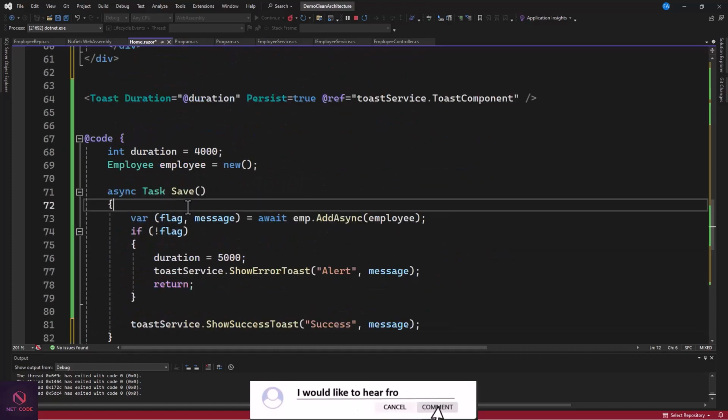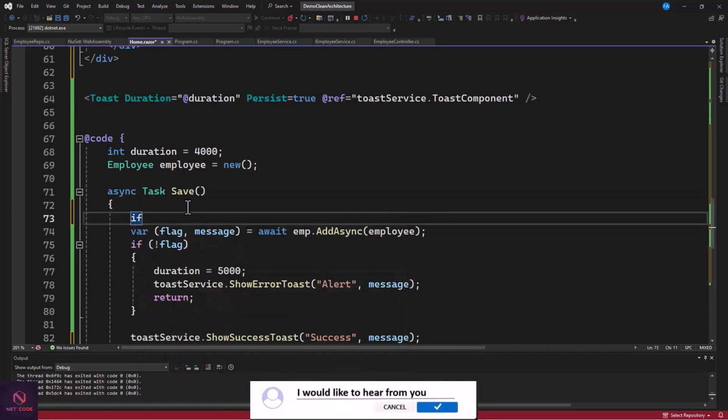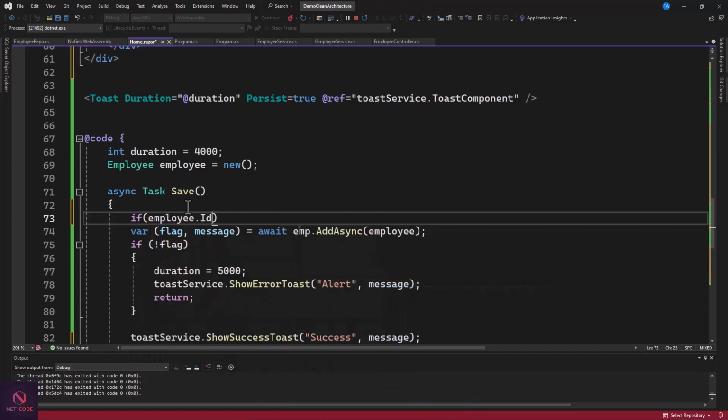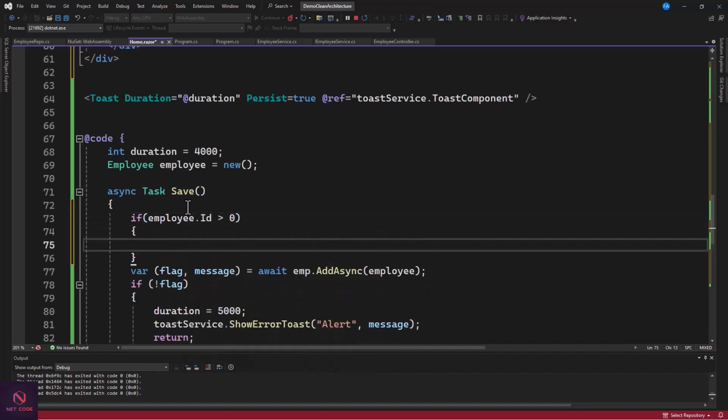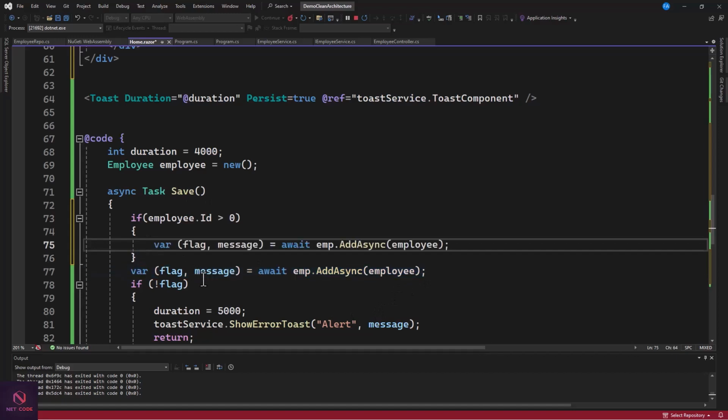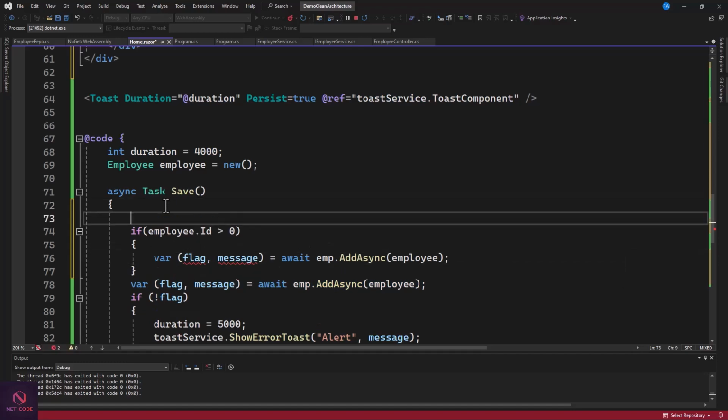Now as for the update, if I click on save, we first have to check: if employee.Id is greater than 0, it means we're going to update it. Then we can call this. In order to handle this one, I think we have to create a var response, so let's say var response is equal to